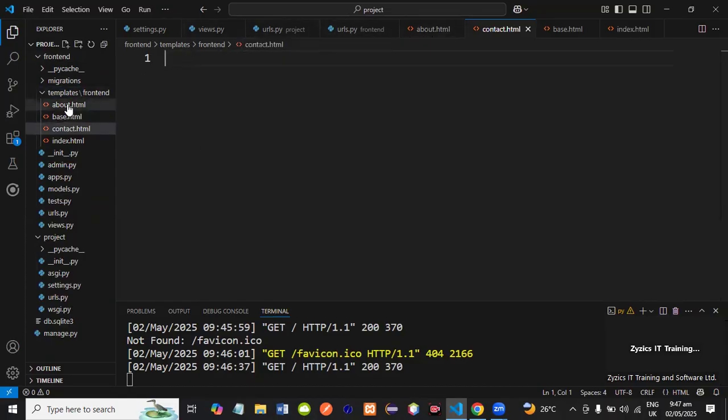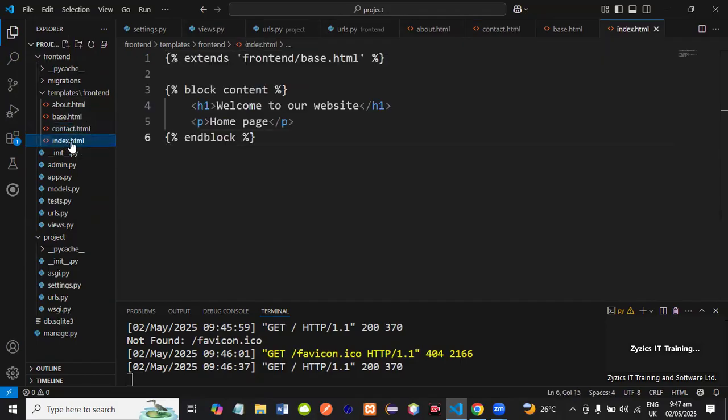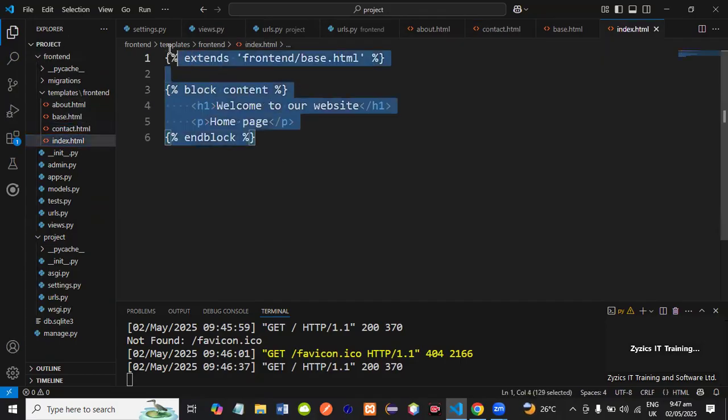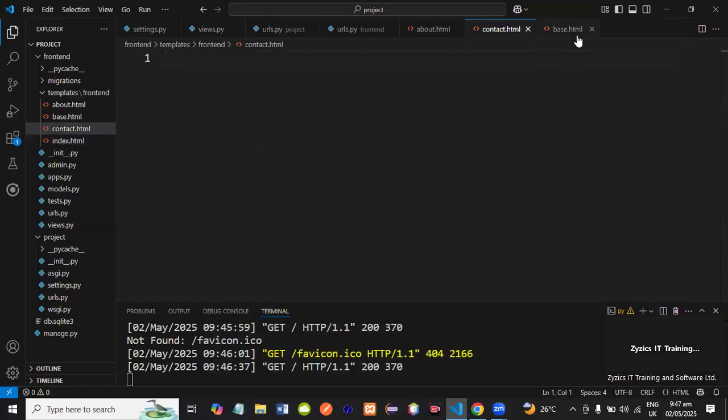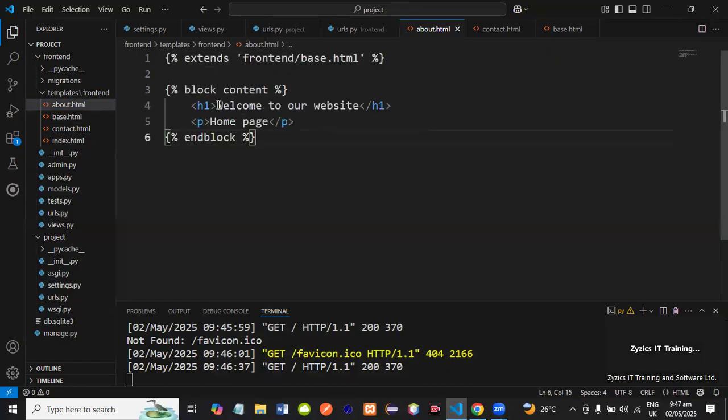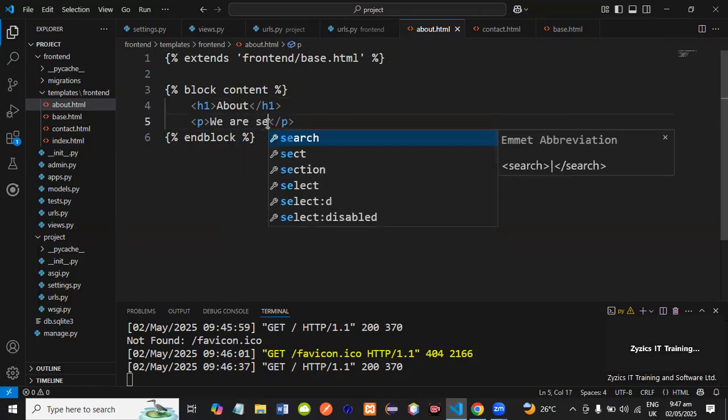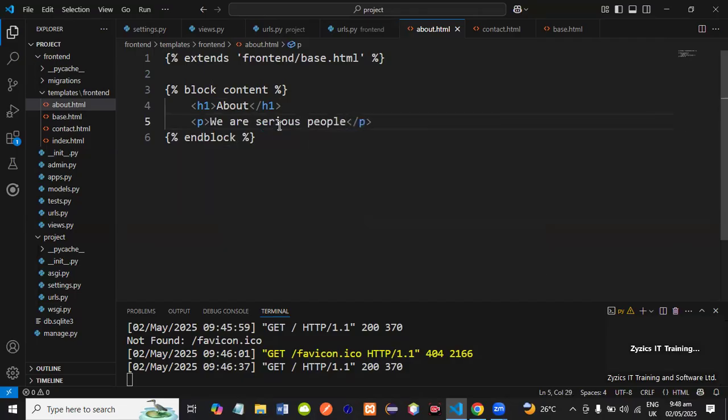So we will go and do copy work. So where is our index? You don't need to go to base again. So all you need to do is go to index and copy everything you have, right? You can close that. And here we go up. So we now go to about, and we paste that here. So I can just put here about, and we are serious people. Okay, so contact, we paste again, and I can just call this contact,